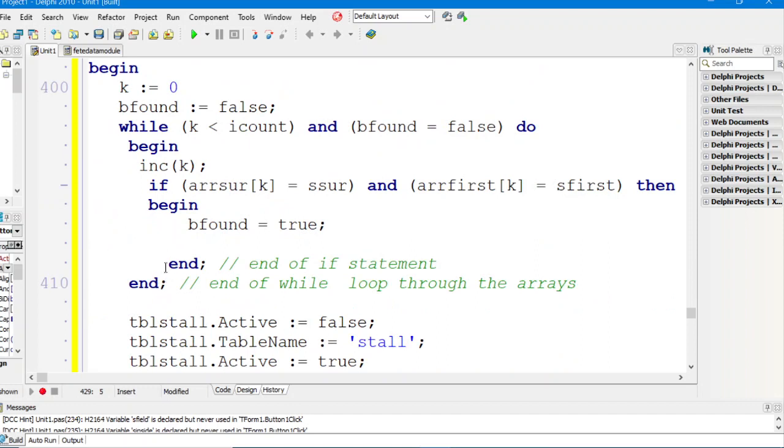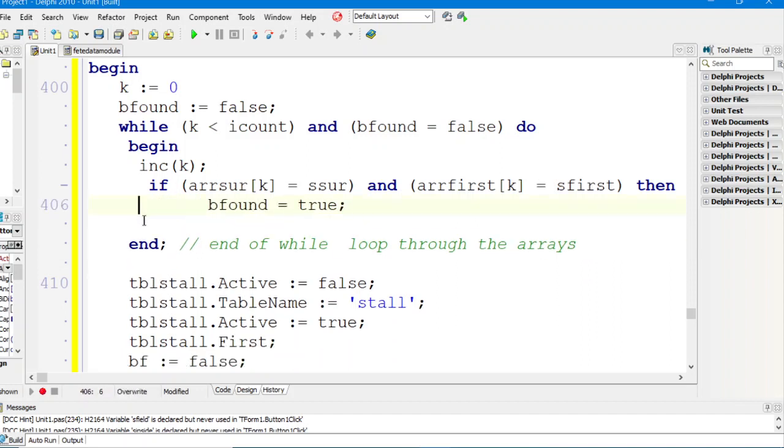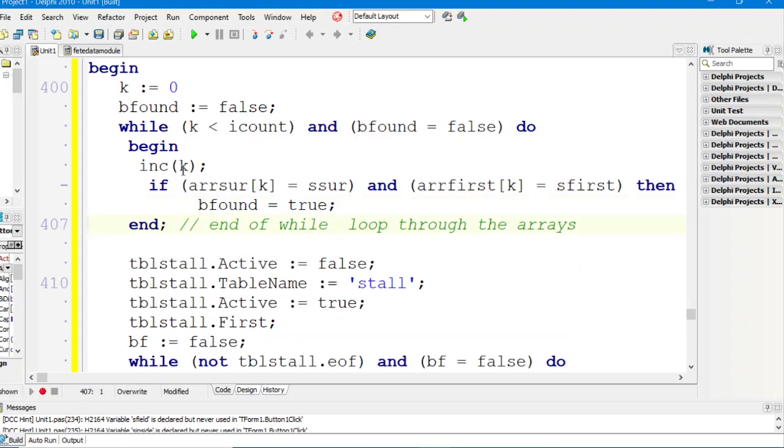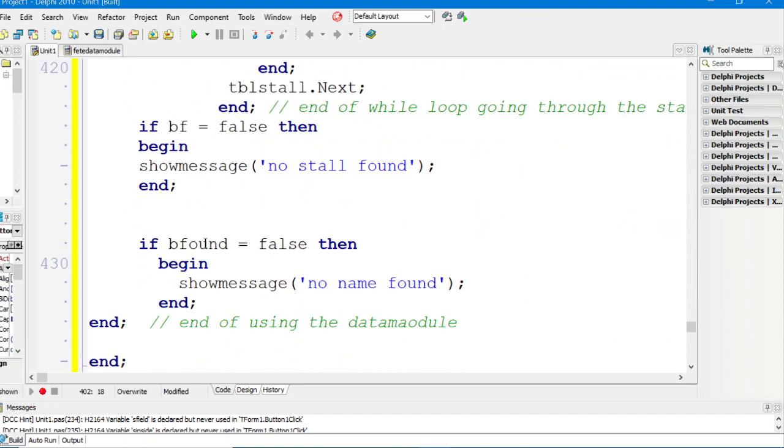Okay, so what happens in this while loop is that all we have is bfound equals true, and K is going to be our marker to get the other items from the array. K is not going to change its value. Okay, starts at 0. If the surname and the first name is in box number 2, say, okay, then this bfound true will make sure the while loop will stop. Okay, so our K will be our number 2. It's not like a for loop that increments after the loop, but it will stay 2. So now all we have to do is go and get the items and put them into our